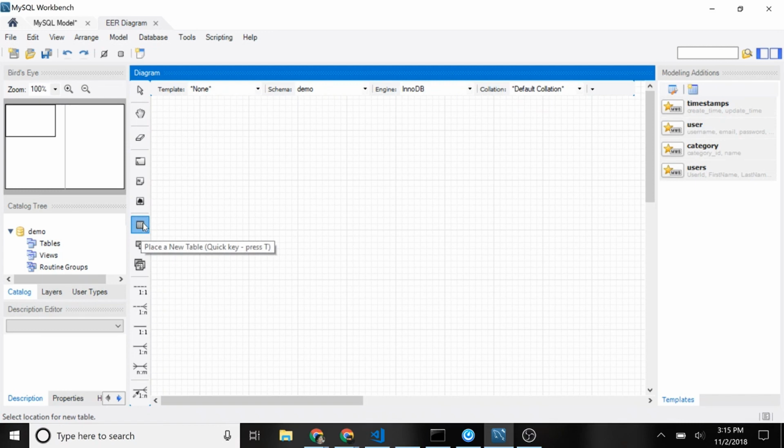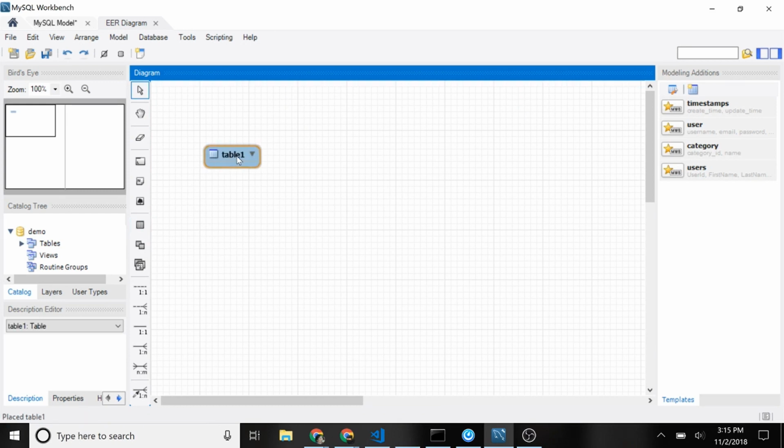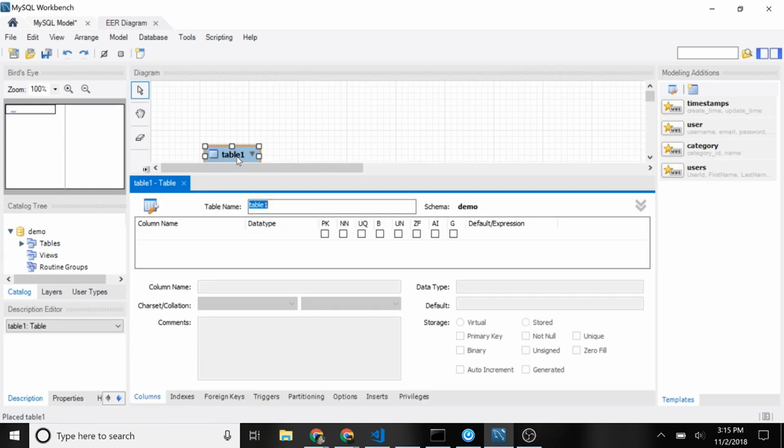This is the main area. There's a lot of different buttons here, but the ones we need to focus on are just this one, and these ones will help us with relationships. So we'll click on the place a new table button and just click somewhere on here. Double click the table, and then you can give it a new name. Convention is usually to give it a lowercase plural name. So let's say dojos, and as many columns as you need, you can just double click in here and add